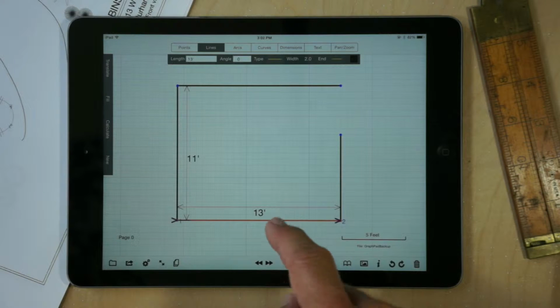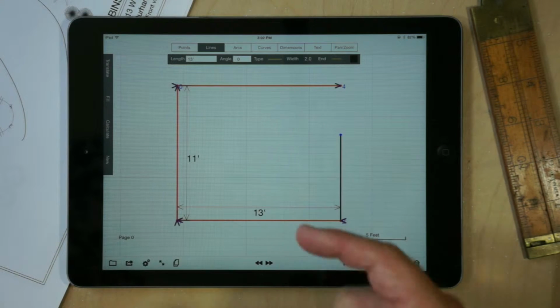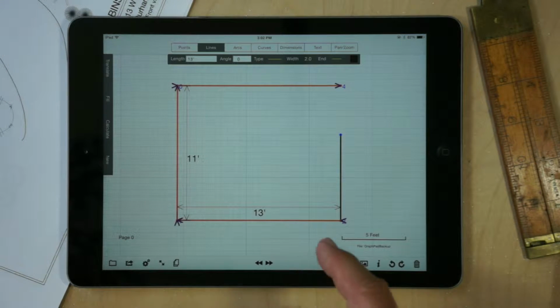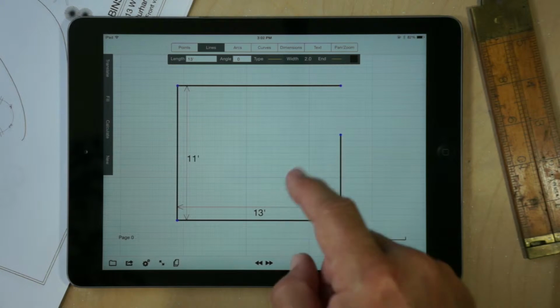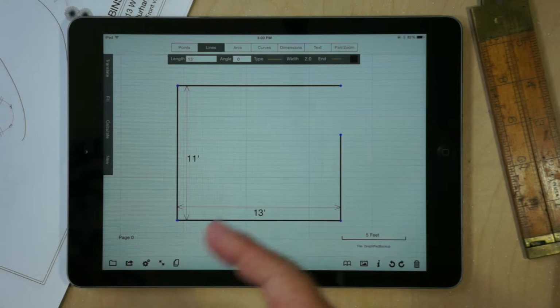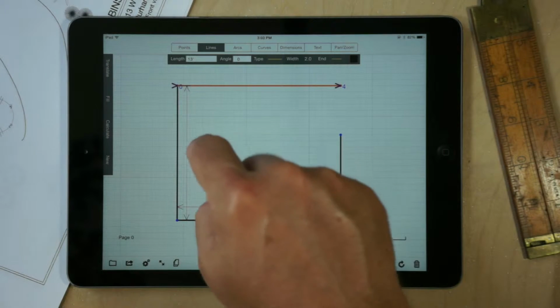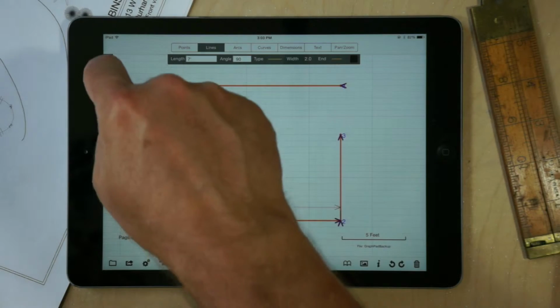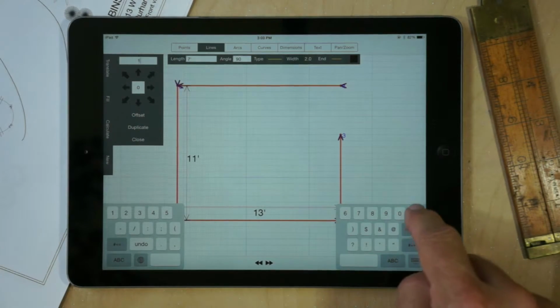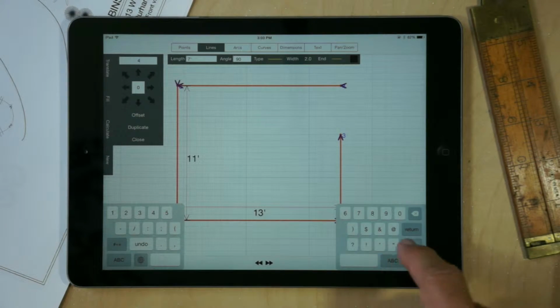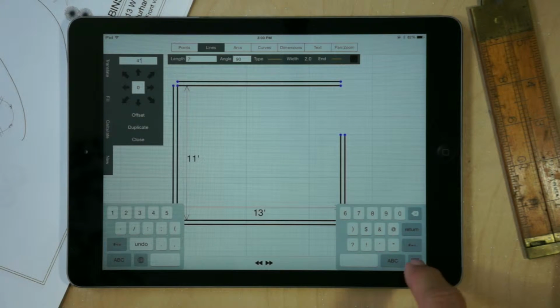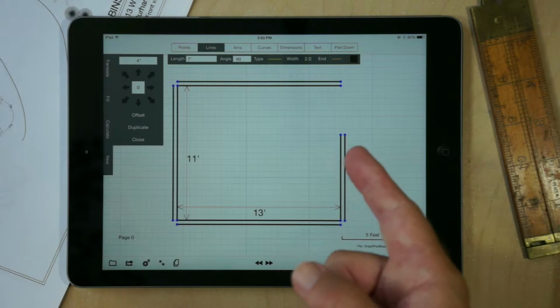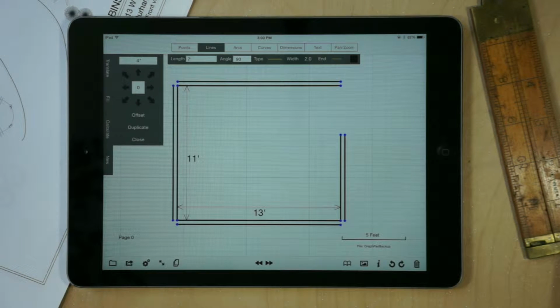What we can do is we would select the walls, and we'd want to select them in a counterclockwise fashion, and that has to do with the orientation. So if we select them counterclockwise, the walls would go on the outside, and we'll describe why that works that way in a second. We'd put in the wall thickness, for example, 4 inches, and hit duplicate. And we'd have offset each one of those lines that was selected by exactly 4 inches, 90 degrees from the